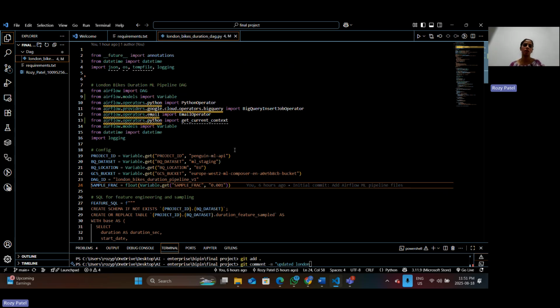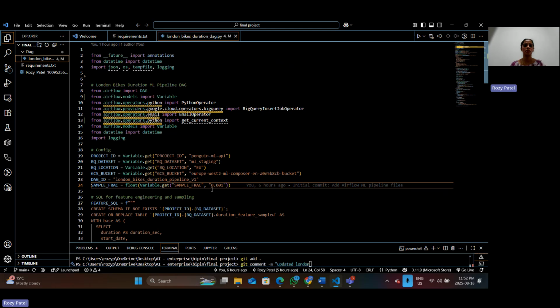After doing all the GCS bucket setup, I configured the project ID and location here in the Python script. So my project ID and then the BigQuery dataset. The dataset folder is ML staging, and in that particular dataset, the feature table is